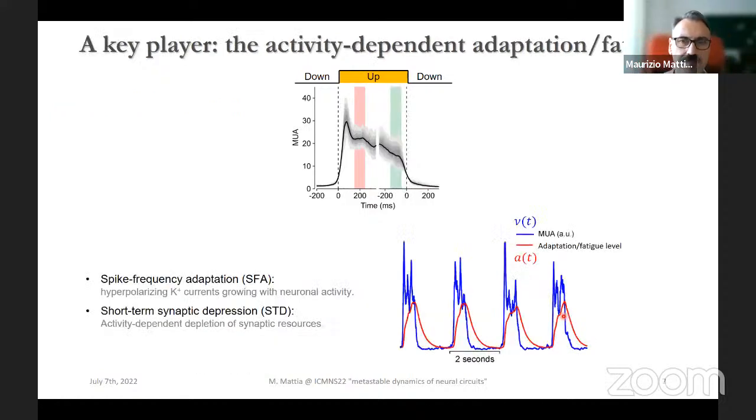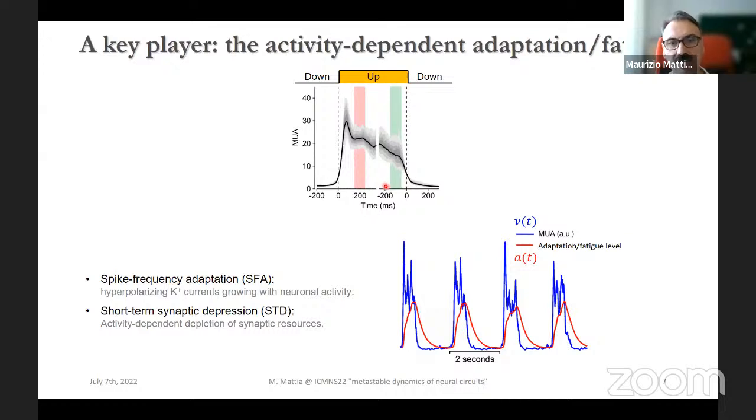But if you look now at the other phase of this cycle, the one where you have the up state moving towards the down, you see that actually an important player is missing. You need some inhibition in order to kill the stability of the up state, in order to have such regular durations of the up and down states. Of course, this is not always the case. For instance, in natural sleep, as I guess we will see later, the variability of these up and down states is rather large. But in order to model this activity, it is important to introduce another ingredient.